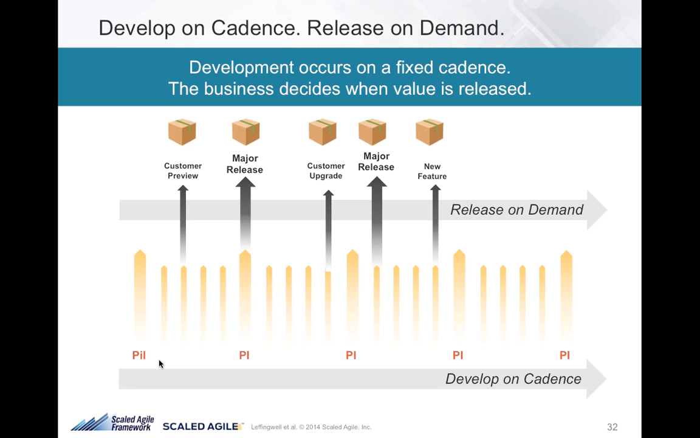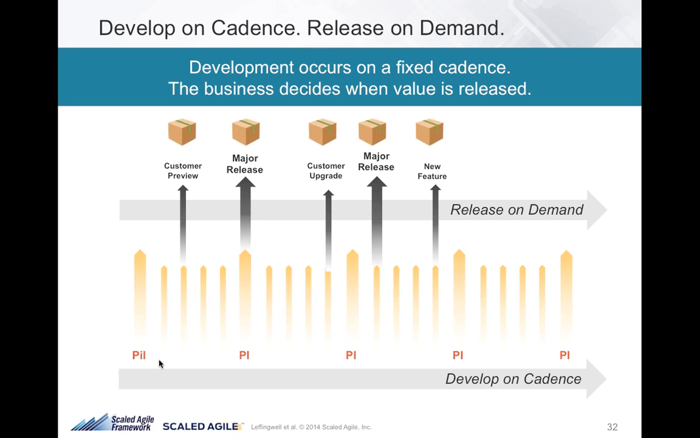So we want synchronous integration points, but we can't let that necessarily dictate our release cycle, because our customer may or may not want a synchronous delivery point. So we need to separate those 2 concerns, and we develop on Cadence with these things called PI, and we deliver our releases based upon demand whenever our market demands. So it doesn't matter if that's a major release or an upgrade or whatever. Let's decouple those two things, and